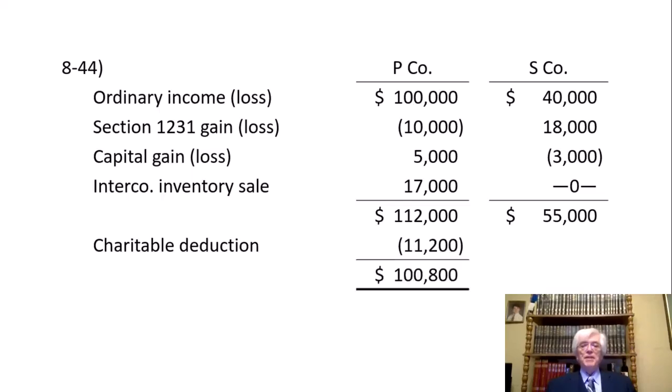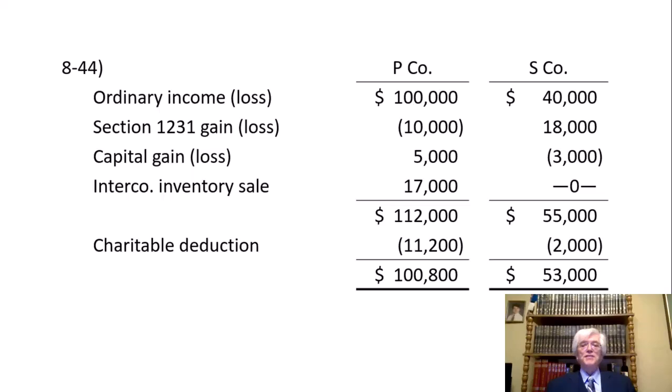So therefore, P company's total taxable income is $100,800. S company has $2,000 of charitable contributions. The limit would have been $5,500. They didn't hit the limit, so they can deduct all $2,000. Their taxable income is $53,000. So there's the starting point. Separate taxable incomes of P and S,